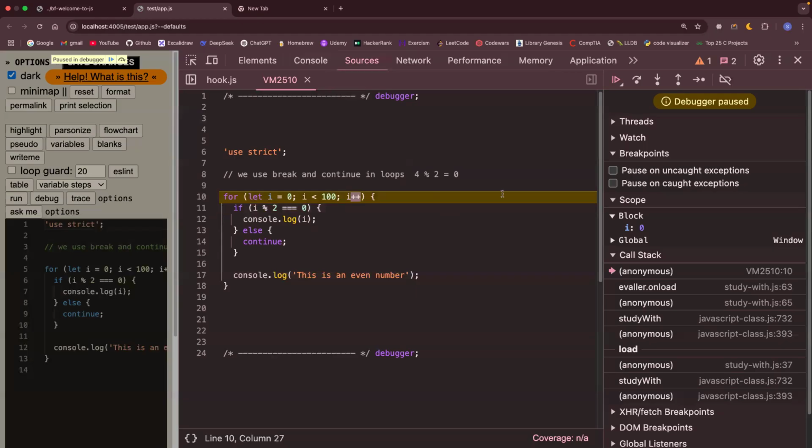Okay, now let's go to the second one here. Of course, we need to increment I by 1. Now it will become 1. Of course, 1 is less than